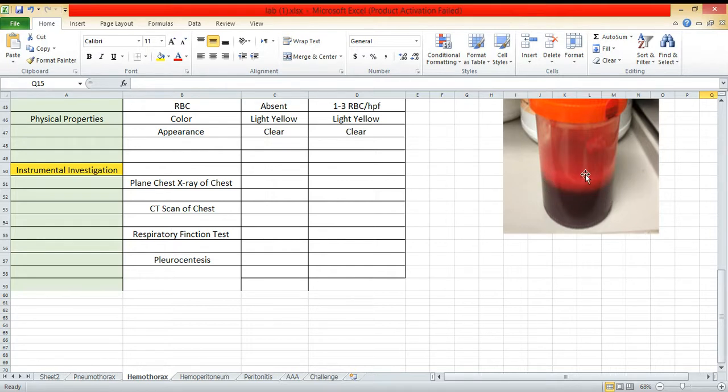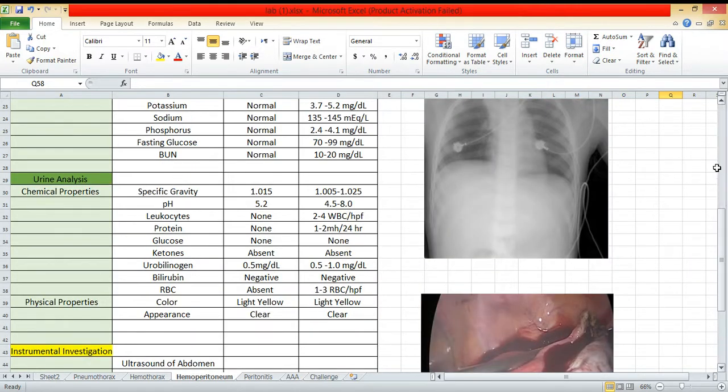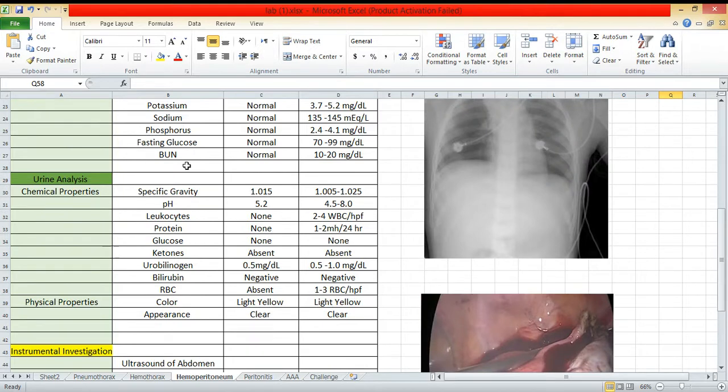Next is the hemoperitoneum. Hemoperitoneum is collection of fluid in the peritoneum. Also, in laboratory investigation, there is carrying out of complete blood counts. These are the expected results. We expect hemoglobin and hematocrit to decrease, and urine analysis is normal, blood chemistry is normal, and